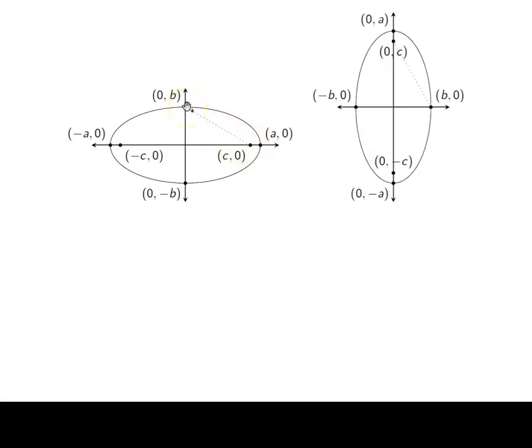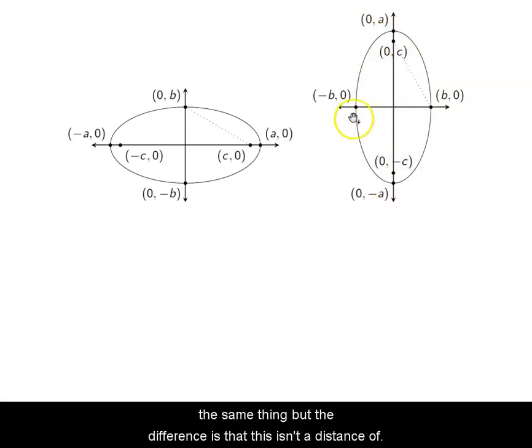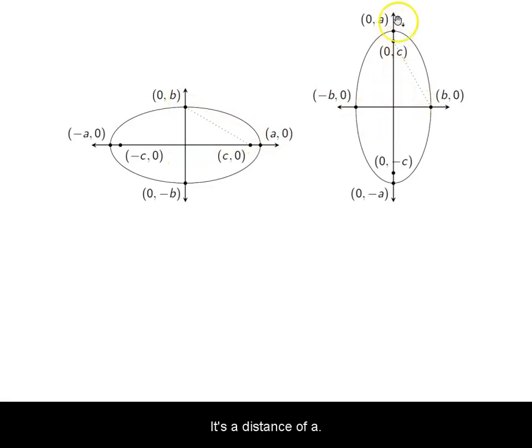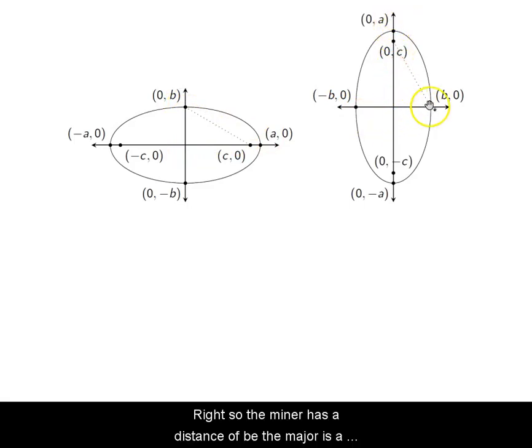the minor axis. Okay. So if I draw my ellipse so that the major axis is centered on the y-axis, it looks the same thing. But the difference is that this isn't a distance of b, it's a distance of a, right? So the minor has a distance of b, the major is a length of a, and the focus is always along the major axis, and it has a value of c, and it always lies within